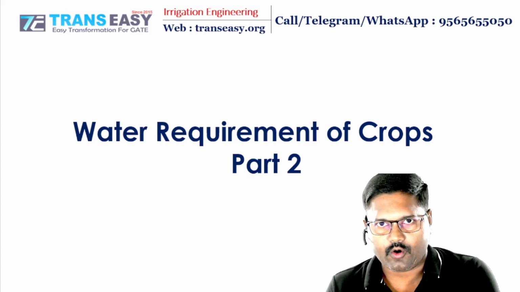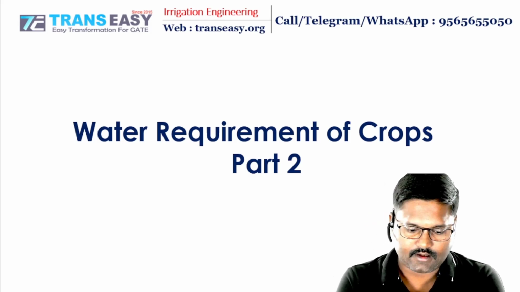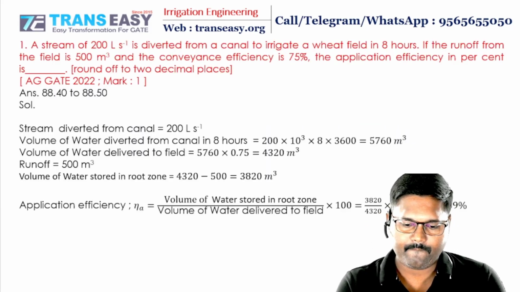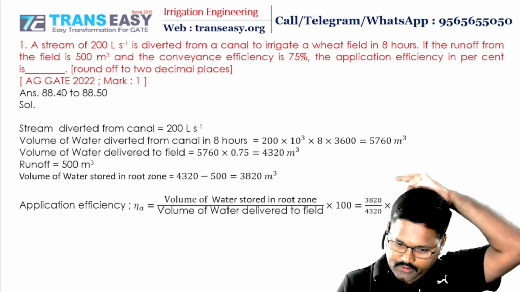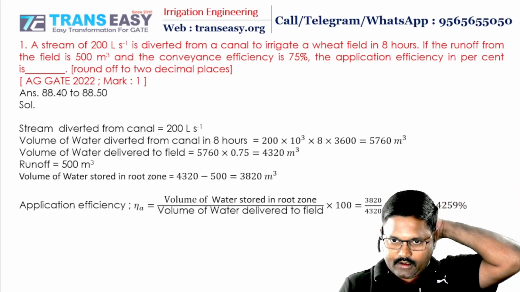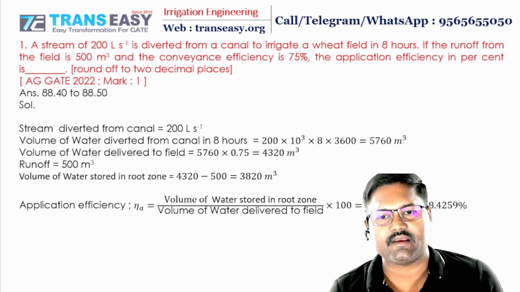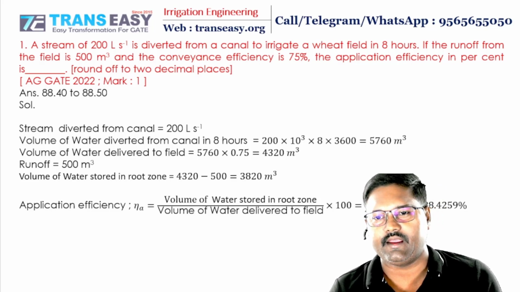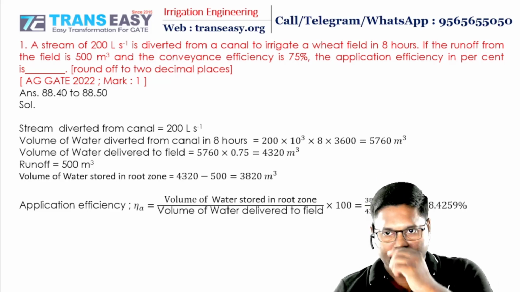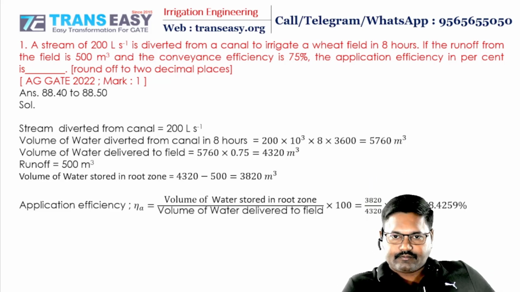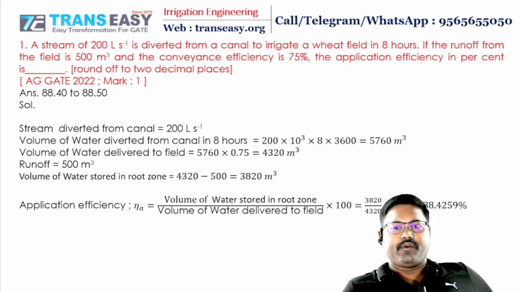Water requirement of crops. Problem session. Session number 2. First problem from GATE 2020, 1 mark. A stream of 200 liter per second is diverted from a canal to irrigate a wheat field in 8 hours. If the runoff from the field is 500 meter cube and the conveyance efficiency is 75%, the application efficiency in percent is,